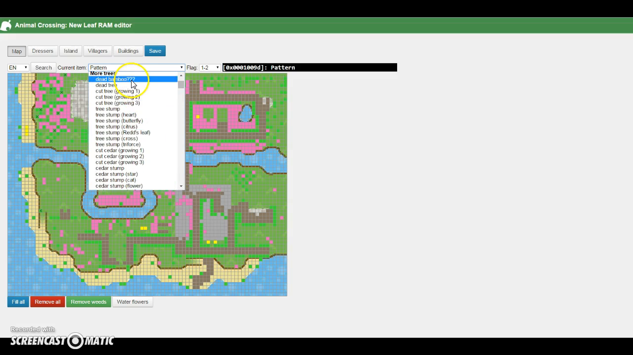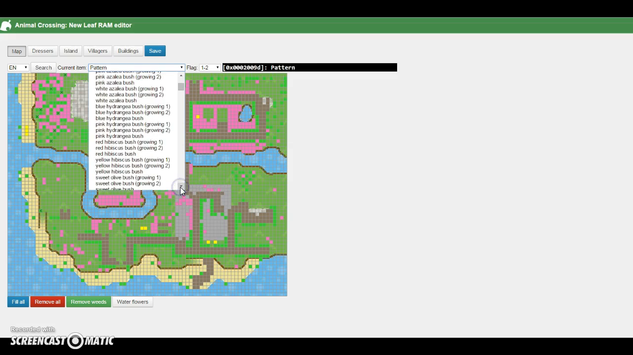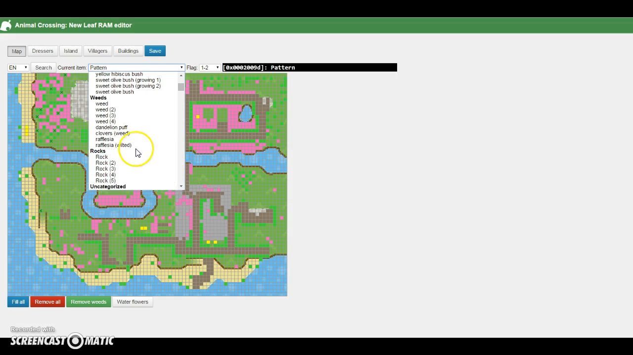Or dead bamboo, dead trees, and then tree stumps, which are adorable to have. Like I have a bunch of stumps over here for no reason at all. So then there's the bushes, which are good. And then weeds, if for some reason you wanted reeds or like the Rafflesia, or however you pronounce that, which is a pain. And then, or if you want rocks,